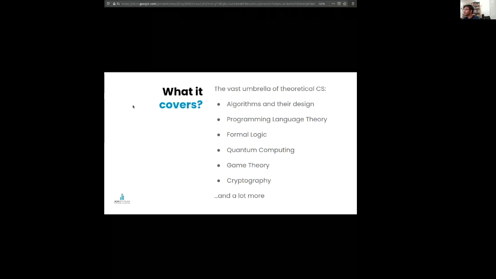Let's see. Yeah. Oh, quantum computing sounds shiny, right? Well, it is. Quantum computing is the future. We don't have a functioning computer yet, but people have already started developing algorithms for this computer. You heard Sumantrak talking about AI, right? Well, AI is actually pretty slow.